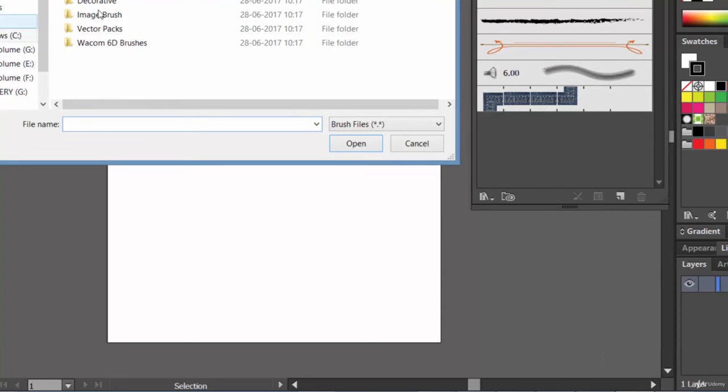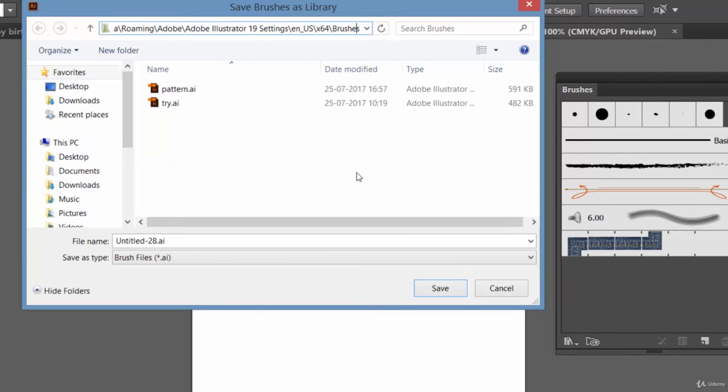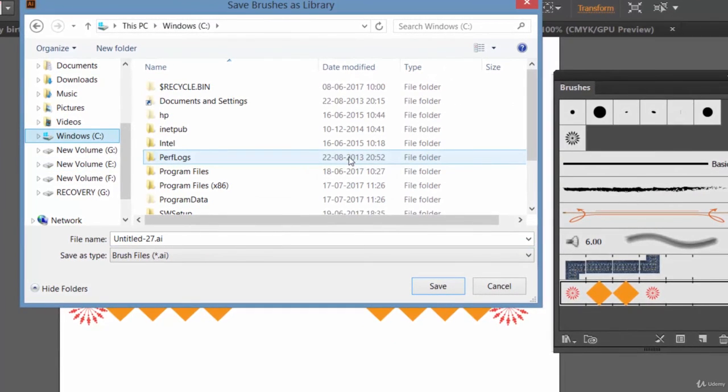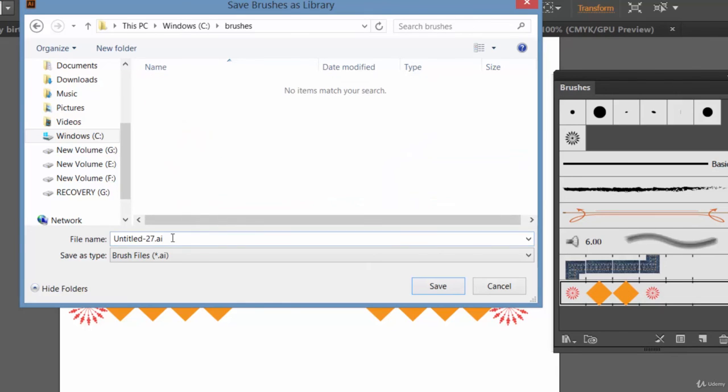Let's open library. Now I have saved it somewhere else. You can even take a look at where it is saving. Even if you wish, you can save it somewhere else. See, it's inside user. Well, let me save somewhere else inside C folder. Let's create a new folder and let's write, say, brushes, and inside here let's say right here pattern.